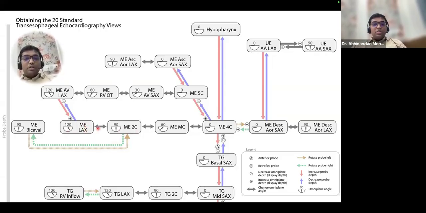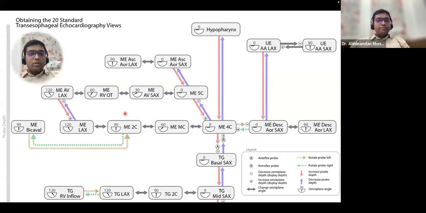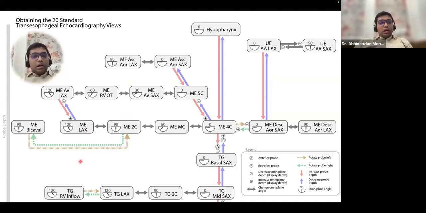I will come into each and every view on this image that you are seeing right now. Then just above your mid-esophageal four chamber view, if you just withdraw a bit, you will be able to see the mid-esophageal five chamber view. At the mid-esophageal five chamber view, while focusing on the aortic valve or the LVOT in the middle of the screen,